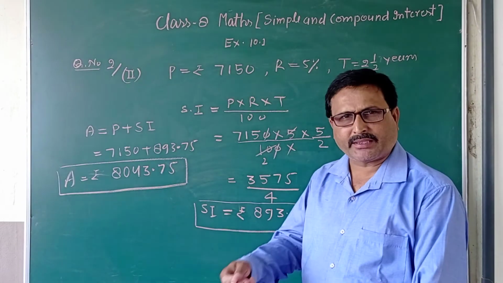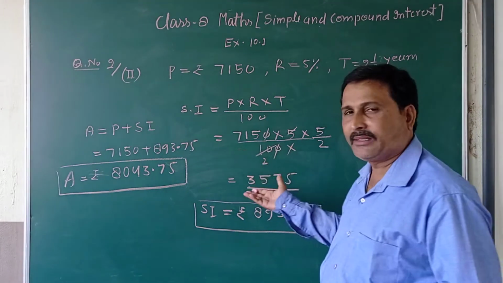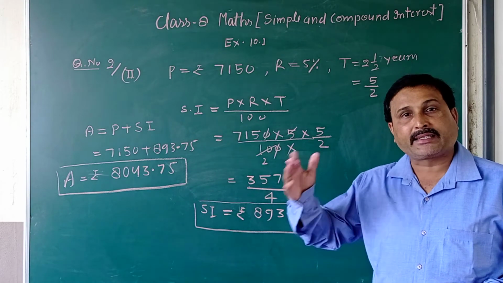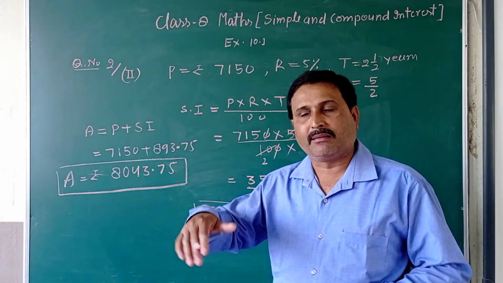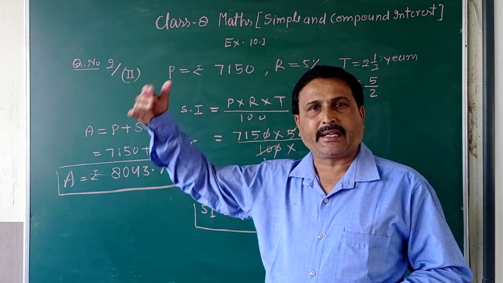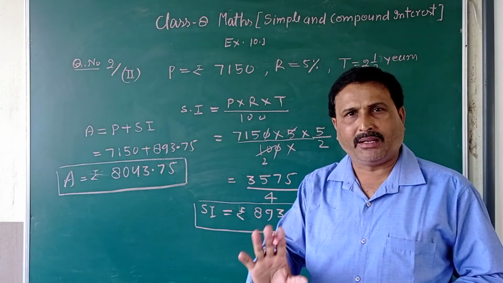Now same question. All the questions are alike. There is no change. Only in some questions find the rate, in some questions find the time, in which time, at what rate percent that money becomes this, okay, and 2 years or 3 years are given here. So all the questions are based only on simple interest.